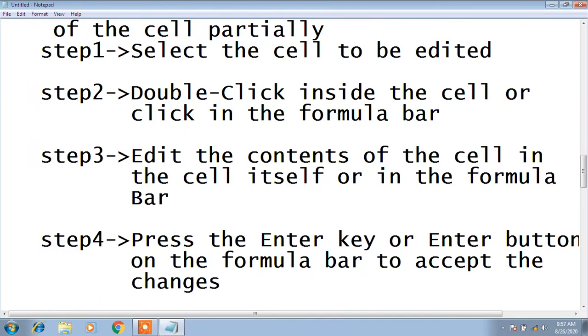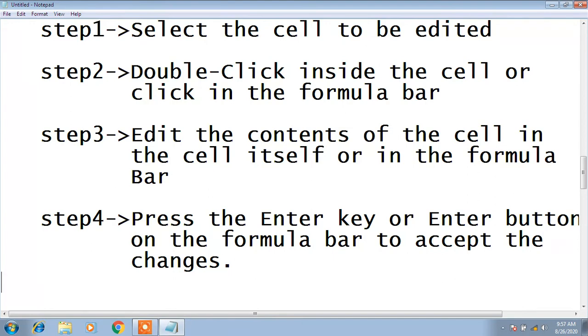So this is the answer of question number B.